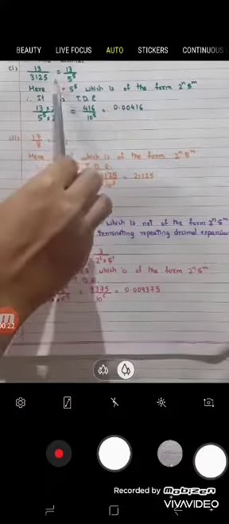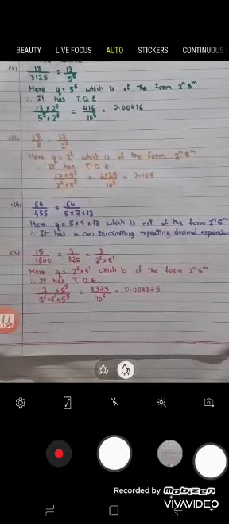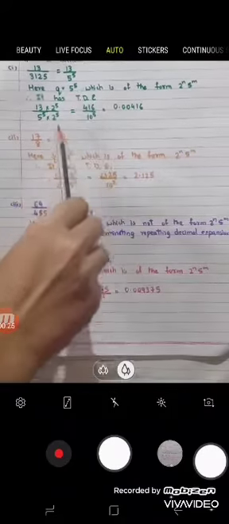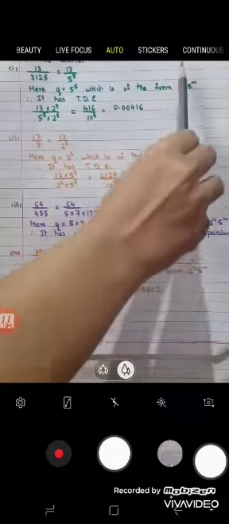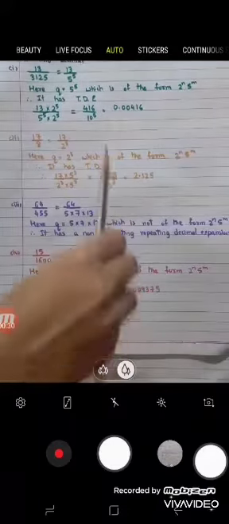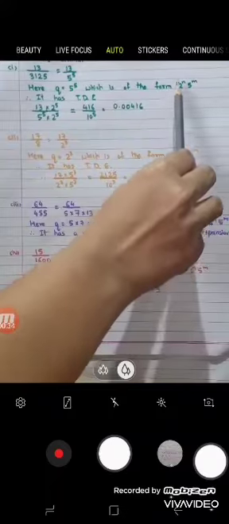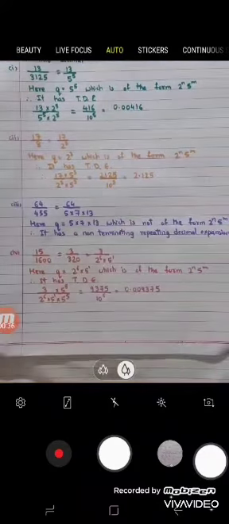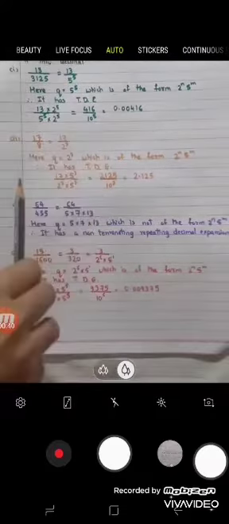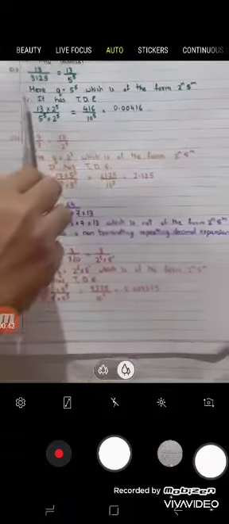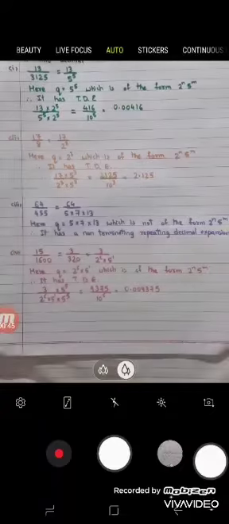Now here we can see the denominator is 5 raised to 5. Here q equals 5 raised to 5, which is of the form 2 raised to n, 5 raised to m. Now children, you will say here it is only 5, but 2 is not there. But we have to consider 2 raised to n as 2 raised to 0. You know 2 raised to 0 means 1. So the denominator, that is q, is in the form of 5, so we can say it has terminating decimal expansion.